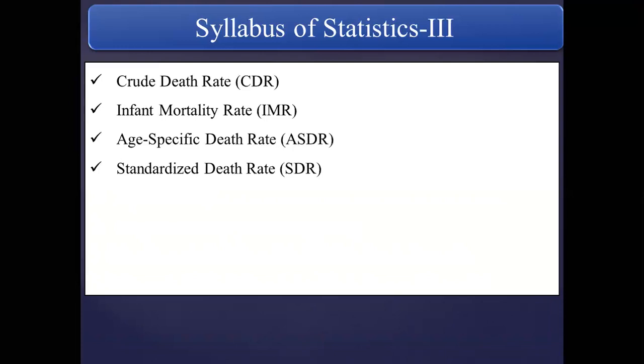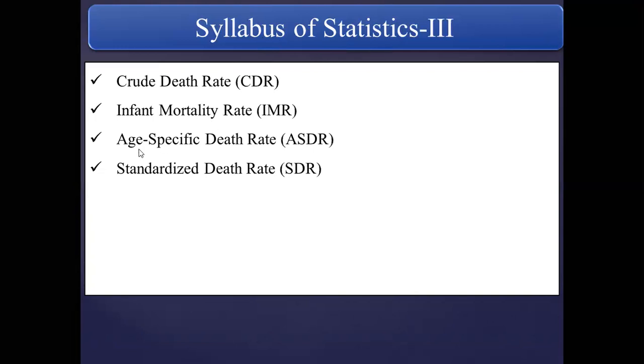Then another concept is infant mortality rate. When you use the word infant, you are considering an age of less than 1 year. So again, mortality is nothing but death. This is one type of crude death rate, but regarding only children whose age is less than 1. So how can you define this? Infant mortality rate is the total number of deaths at age less than 1 per thousand population.